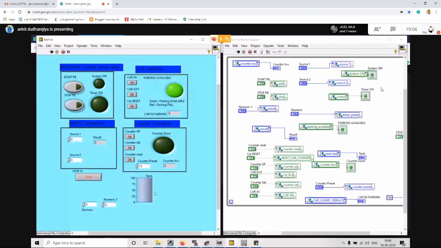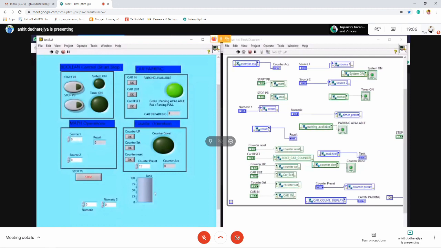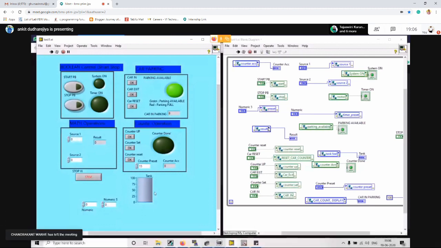Another one I have prepared: whenever we press the OK button over here, the PLC count function will count. We are doing an up count here, so it will go from 1 to 2, 3, 4, 5, something like that. Also, in a PLC counter we have to define a preset value, like how many times you want it to count, 10, 15. So we can define that value, and I can change the value itself from here.